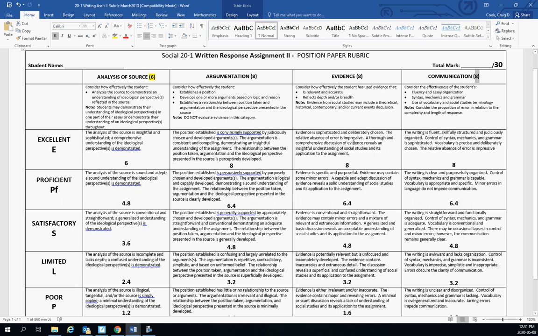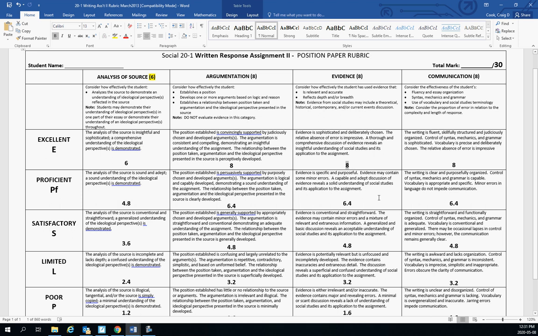If I was to pick a weakness for grade 11s, it's usually evidence. Their evidence usually isn't specific enough. It's usually very general and straightforward. So if you're giving how many people died in the Holocaust and you're giving specifics, that moves your markup in the evidence category. So to get an 8 out of 8 for evidence, you're bringing more than just generalizations to